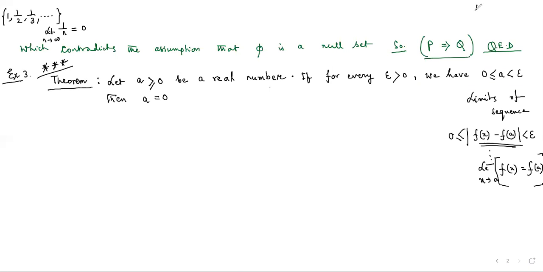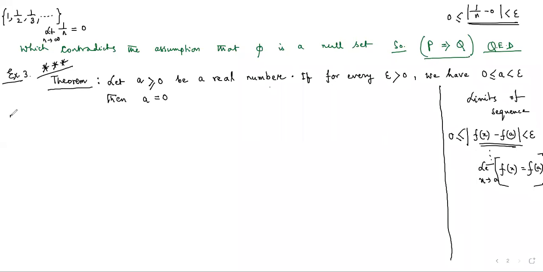And for this also, we try to show that mod of 1 by n minus 0 is non-negative and is less than epsilon. We kind of build this argument in real analysis. So actually, the thing has not been known to you as a result, but we have seen its implications in different